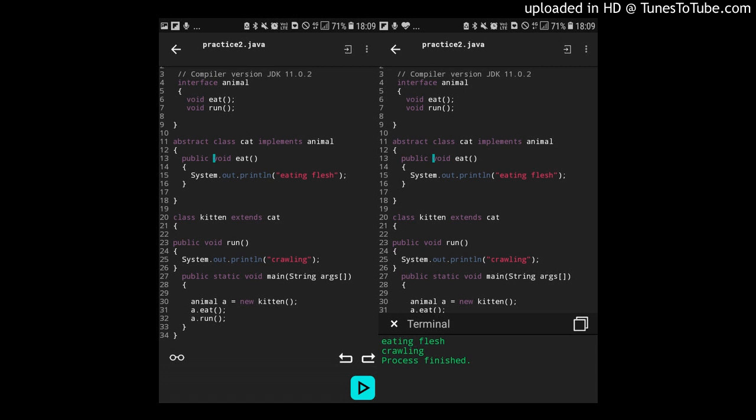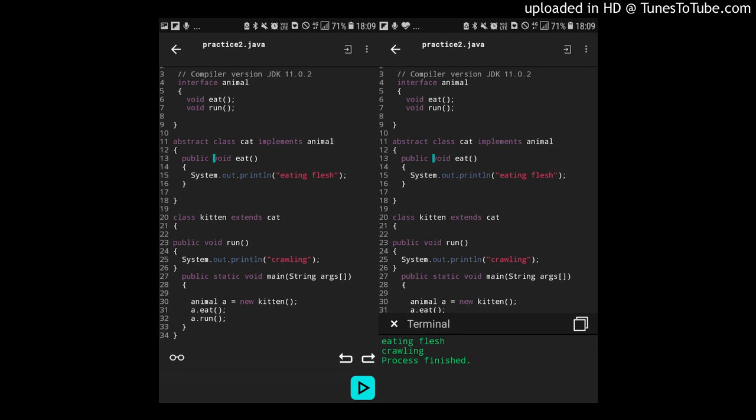Actually, an abstract class can also have a constructor, methods, and a data member. That you should remember. And if there is an abstract method in a class, listen to it carefully. If there is an abstract method in a class, that class must be abstract, else you will get a compile time error.